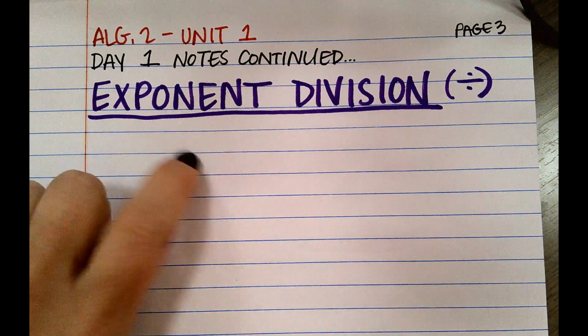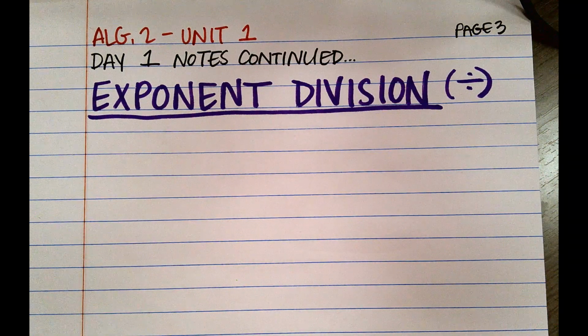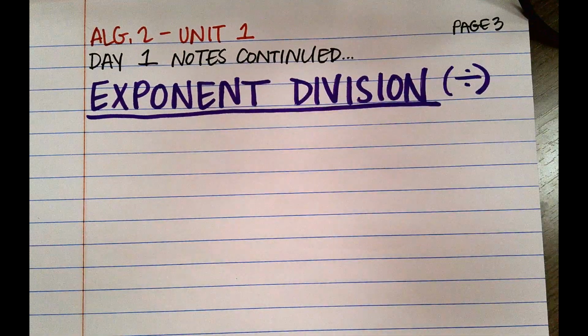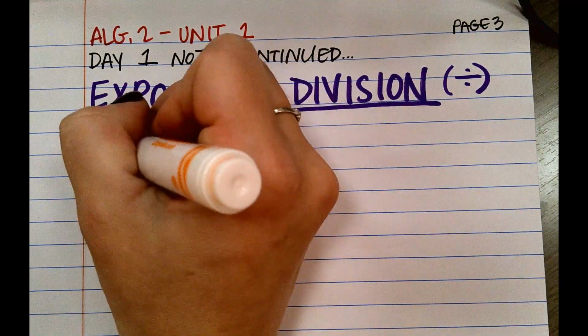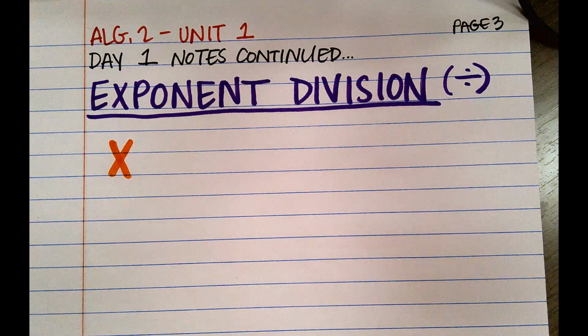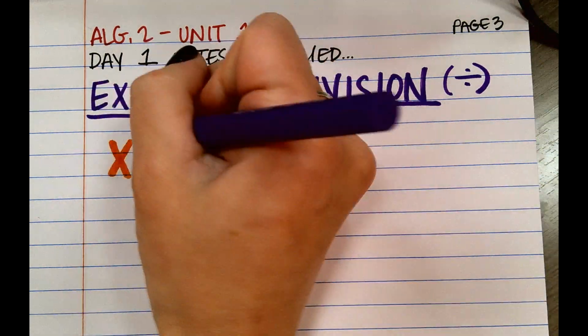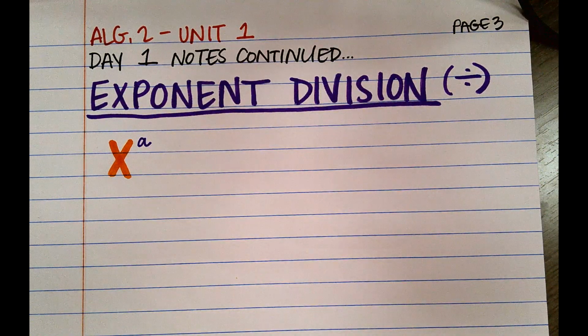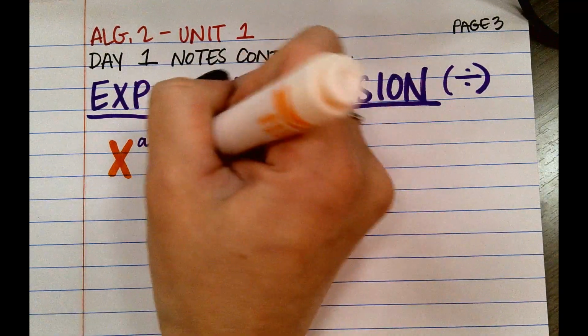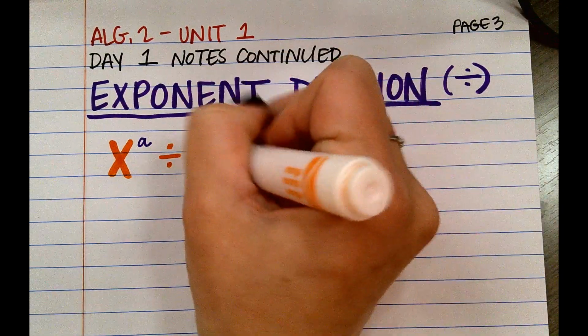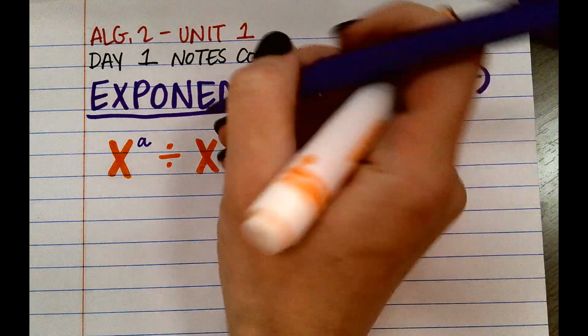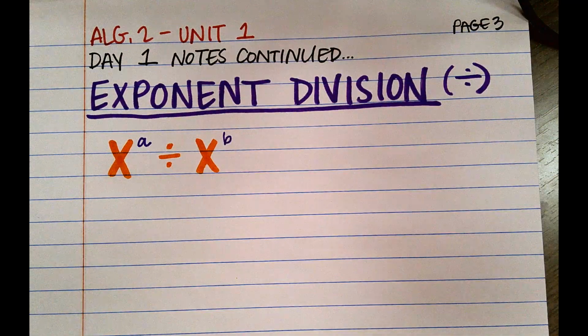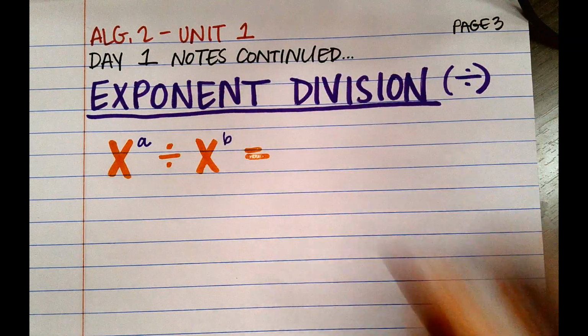You'll see what I mean when I write the examples here. We'll start by using the regular division symbol, and I'm going to give you another little formula. X to the A power divided by X to the B power equals